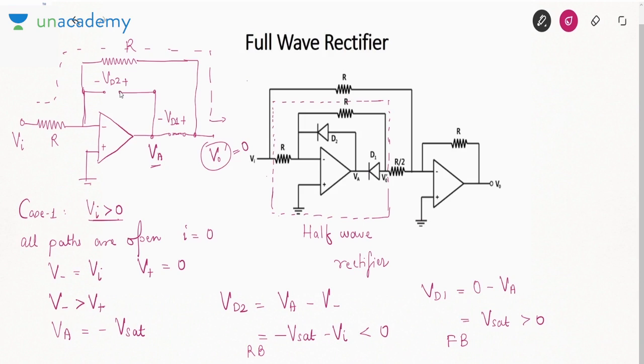If it becomes an inverting amplifier, V0 will be minus RF by R1 into Vi. RF is R and R1 is also R, so it will become minus Vi. Okay, that is case 1. We have determined V0 dash. Now in case number 2,